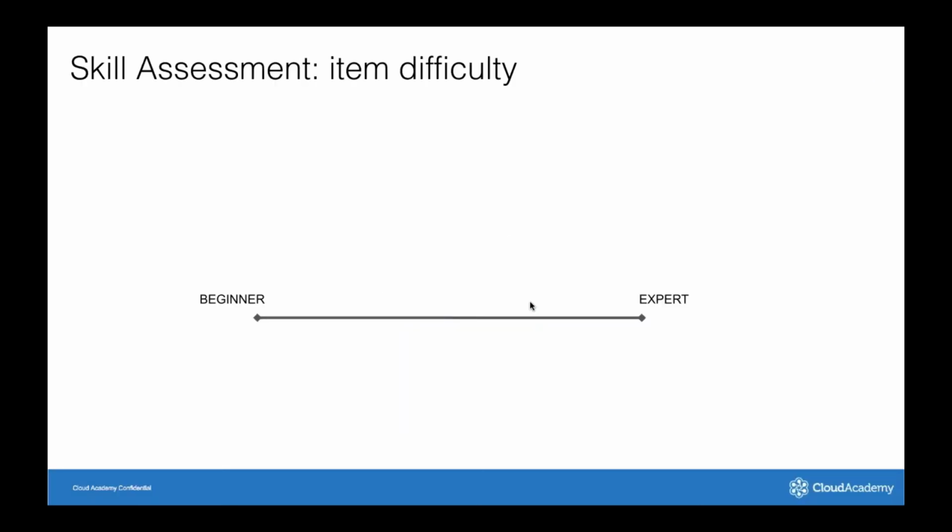Given that, imagine that now you are answering a question, and our goal is to provide you a score in the range 0-1000. To simplify the examples, let me talk about a beginner or expert user. And imagine that in this range, you are given a question that is close to beginner. So it's an easy question, and you answer correctly. Using this question, we update the corresponding skill. So imagine that it asks about simple storage service. We update your score on simple storage service and on all the skills that are connected within the graph.